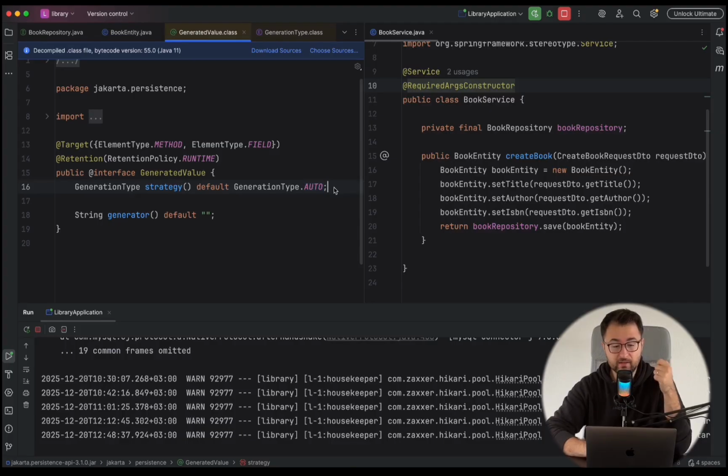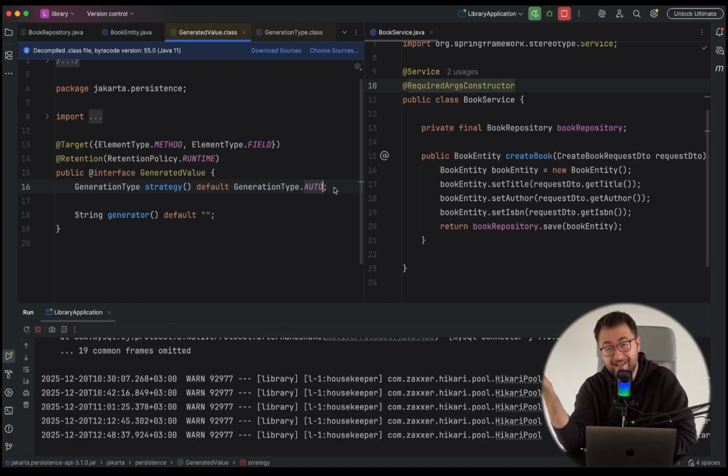when selecting generation type auto with MySQL, I don't know if that's also the case with other relational databases, but at least for MySQL, when we set the generation type as auto, instead of delegating the responsibility of ID creation to the database application, in this case our MySQL server, Spring Framework, particularly Hibernate, undertakes that responsibility of creating IDs. And how it achieves this is that every single time we run a line of code such as this one,